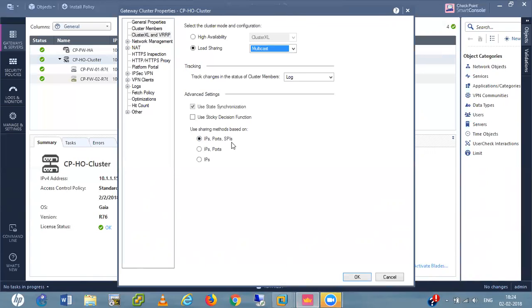If a packet comes in to any firewall, they calculate a hash value on the basis of these three things and decide whether firewall 1 or firewall 2 handles this packet. Or we can also do it on the basis of IP and ports. We don't know the algorithm, how they calculate it, because Checkpoint doesn't disclose it. So I use this one, or this one also, not an issue.